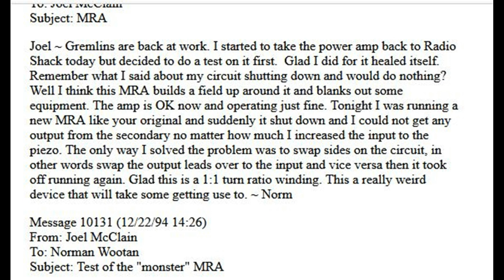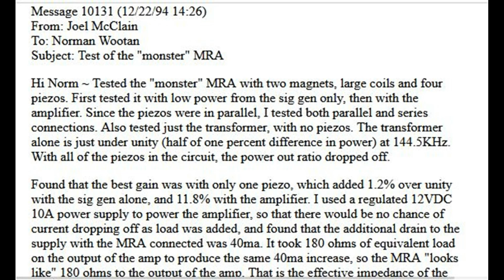Tonight I was running a new MRA like your original and suddenly it shut down and I could not get any output from the secondary no matter how much I increased the input to the piezo. The only way I solved the problem was to swap sides on the circuit, in other words swap the output leads over to the input and vice versa, then it took off running again. Glad this is a 1:1 turn ratio winding. This is a really weird device that will take some getting used to. Norm. Message 10131, December 22,